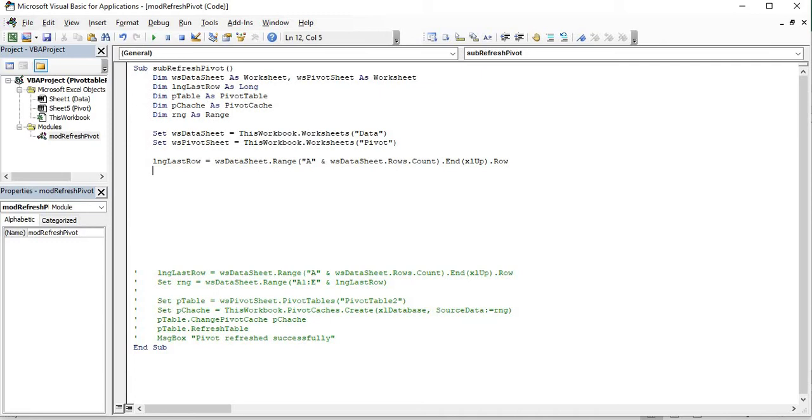So the next step is we need to set the range of that data, that means from the A1 cell to the last row in the E column. For this I am going to use the command Set rng. We already declared that rng variable as Range. Now I am going to assign the range.